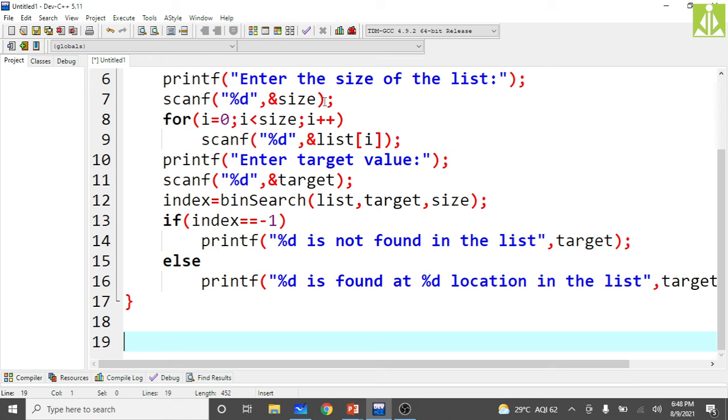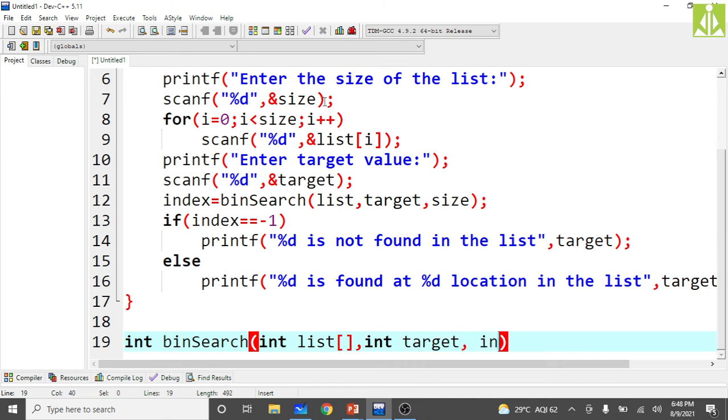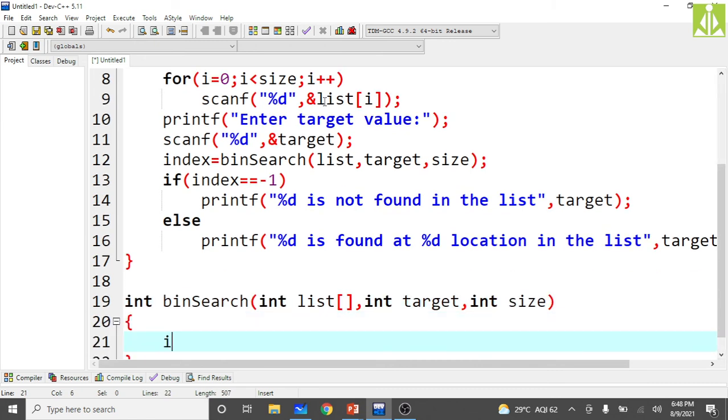Now what is missing in this program? The binary search definition is missing. So that definition you write: binary search, receive the list as it is, then receive the target, then receive the size, int size. Inside it, take first, mid, and last, three variables.